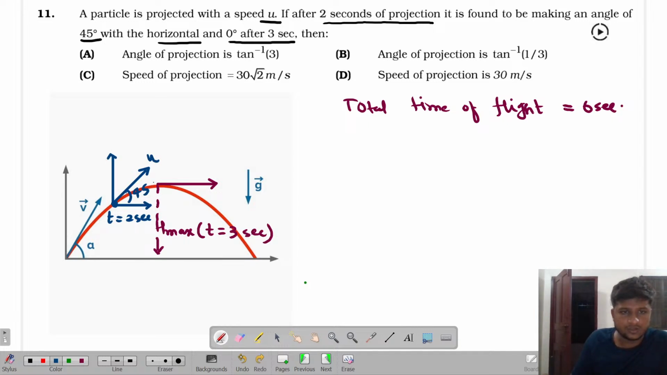Is this clear? Not U. Let's suppose we call this velocity V. Okay, V. This was U. Got it. And this is theta. So this is 45 and this is V. So basically I can apply a formula: tan theta or tan 45 is equal to perpendicular by base. So perpendicular is